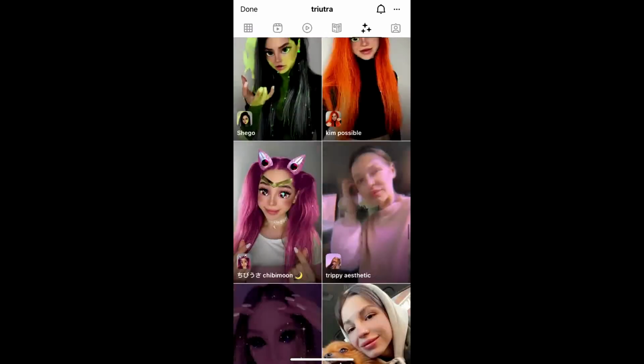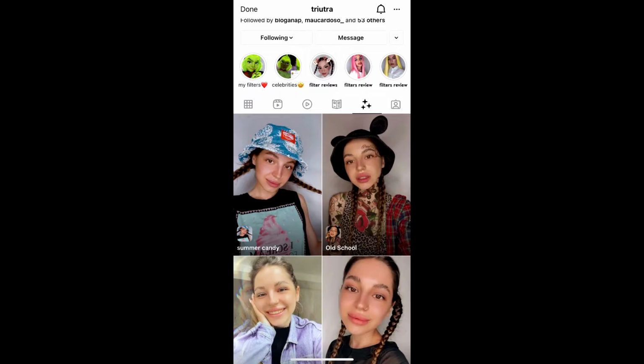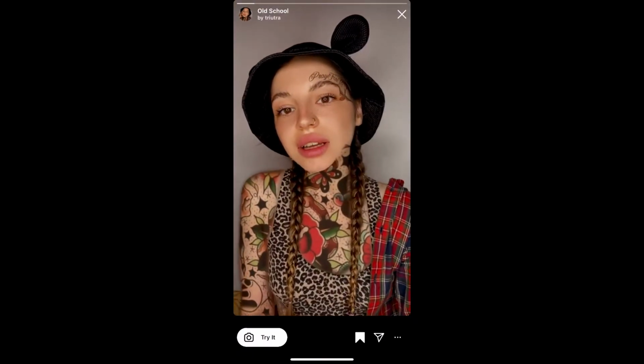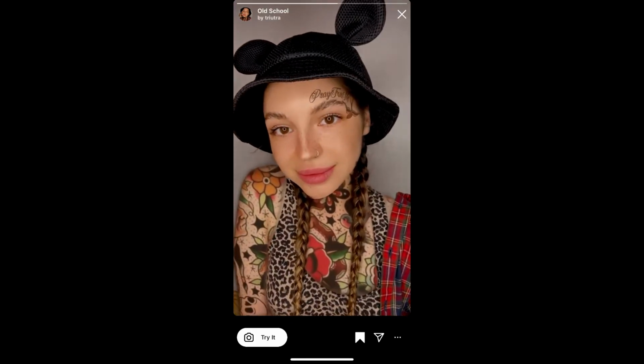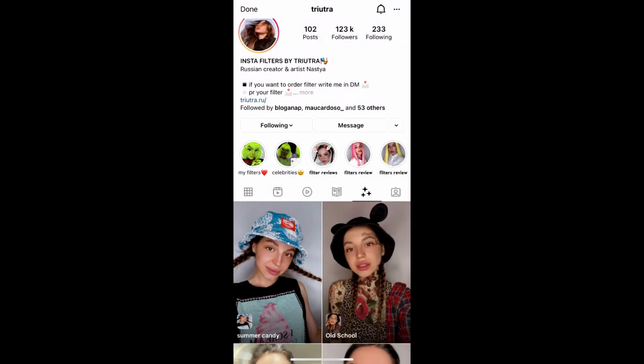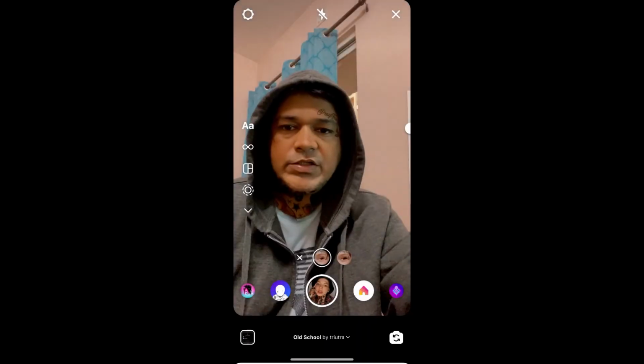Okay, so check in our filter gallery and this is the filter, old school. Tap on it, and you will see this preview. From here you can save it to your Instagram camera tray and you can tap on try to try the filter. Okay, and suppose you are not getting the effect like this, then what you can do,